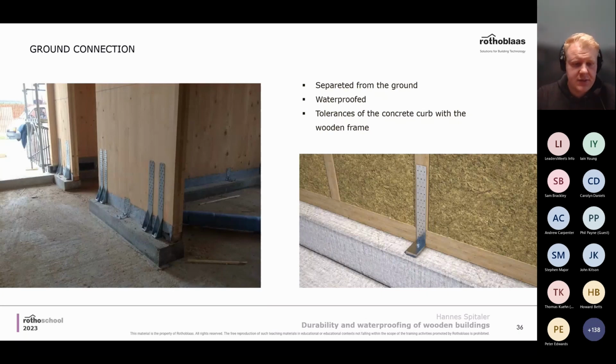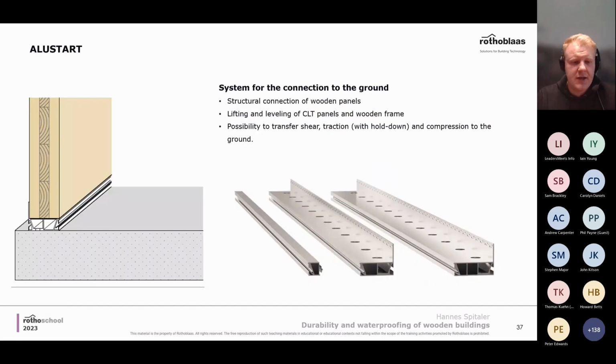Or on the left, you have just something protecting the wind, the timber itself, which avoids any passage of moisture of water. But there's also some specific product we developed quite recently. It's called AluStart, and its main feature is, I get the timber away from the concrete. With this AluStart, I have a structural connection of the walls with the foundation, and with this way